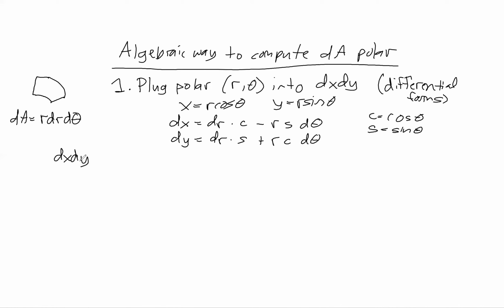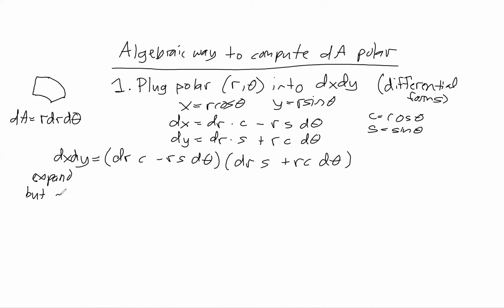So dx dy equals (dr c minus r s d theta) times something similar looking, (dr s plus r c d theta). So now we expand, but you need to note something: dr d theta, we're not going to treat this as d theta dr. In fact, we'll put a minus sign, but let's just wait for that. Let's just FOIL it out. So we get dr squared c s,